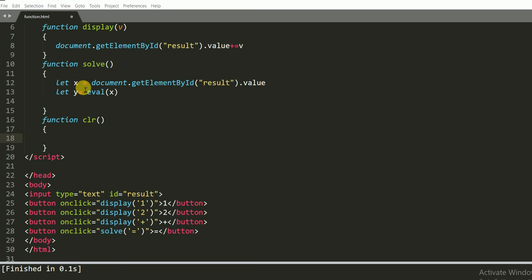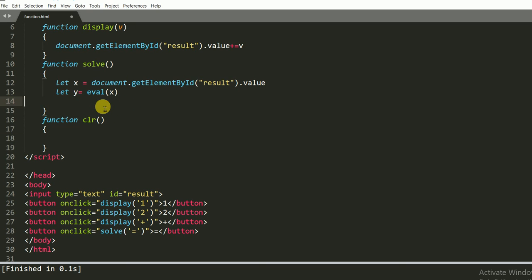So we put the result value in x and evaluate the value of x. Actually the x value is the expression we put on our input, 1 plus 2. So x is evaluated like 1 plus 2 by the eval function and put in the y variable.